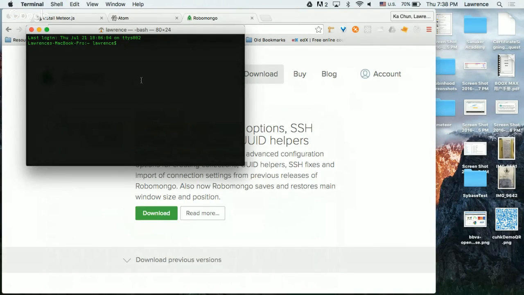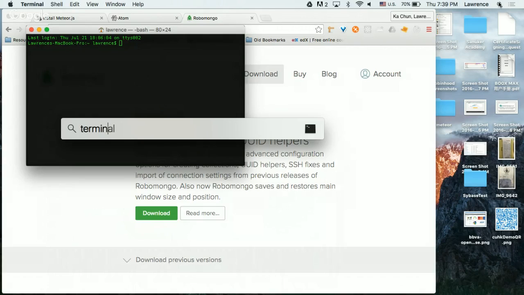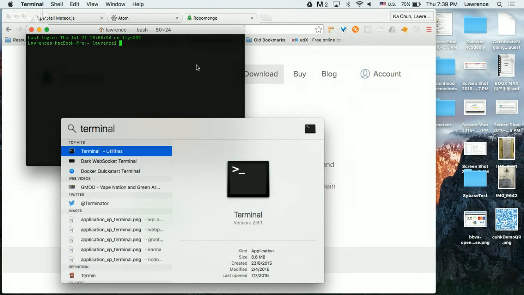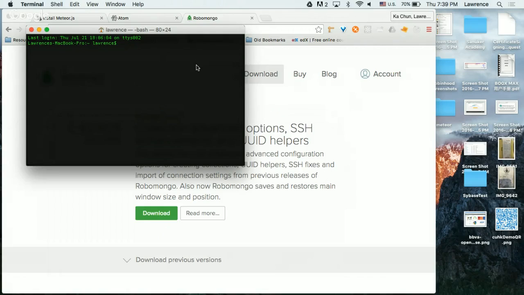Basically, like 20 years ago, when you didn't have such a fancy interface, you ran the computer in this command line, or terminal, or command prompt, whatever you call it, or shell. There are a lot of different names for this thing. On a Mac, it's easy. You just go to Spotlight, type terminal, and you can open this. You might not see it in black. I just changed the color to make it look more Matrix-like. Normally it's white with black characters, but that's okay. It's just to help us look at the monitor for a long time.